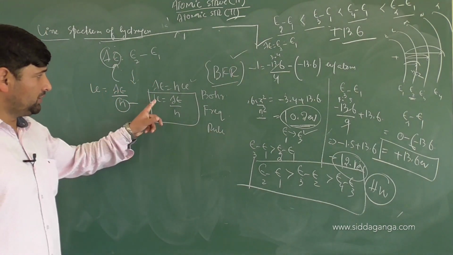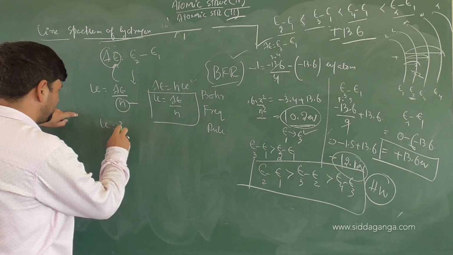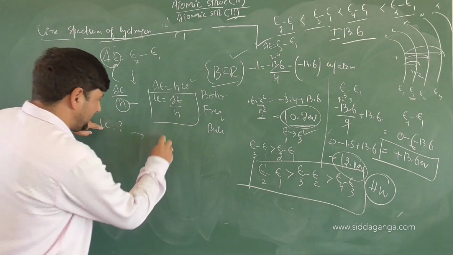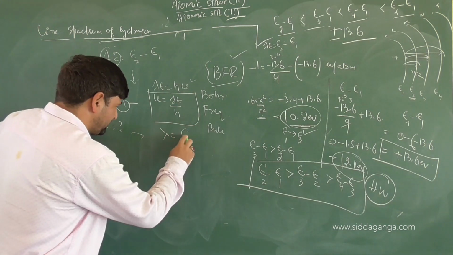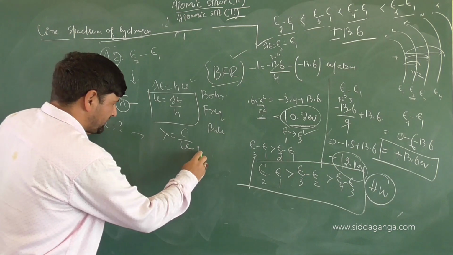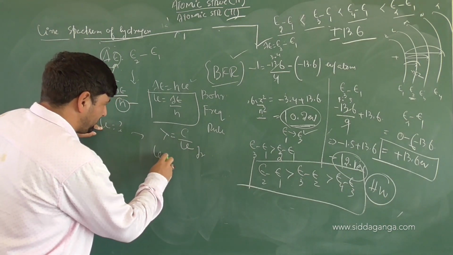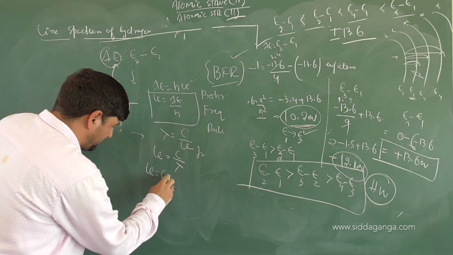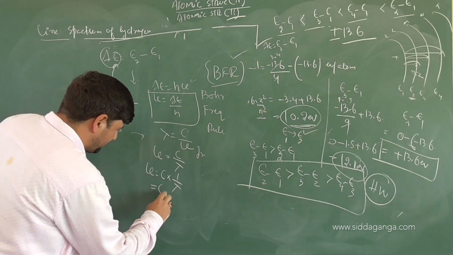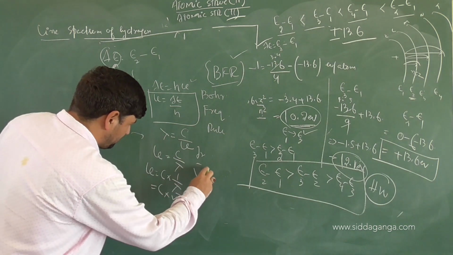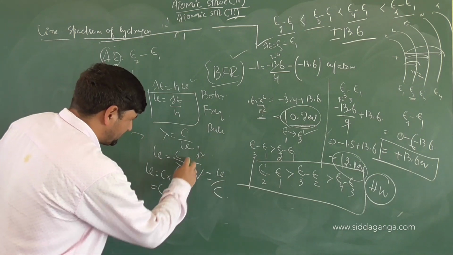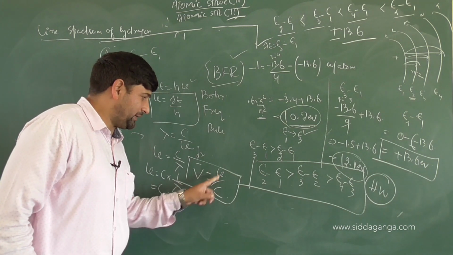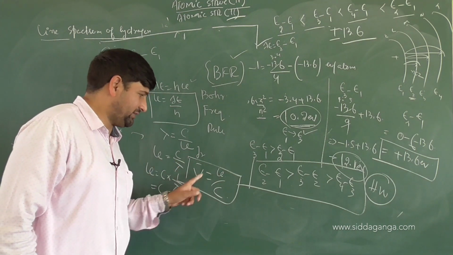Therefore, once you have found the frequency value, then you need the wave number equation. Then use which equation? A very simple equation. Lambda equals c by nu, where nu is frequency, keep it in mind. So we can write nu equals c by lambda. What is nu further equal to? c into 1 by lambda, so that will be c into wave number. So what is wave number equal to? Nu by c. That's the equation that you will use. Directly they might have mentioned wave number equals nu by c.